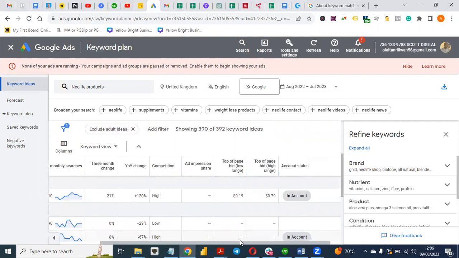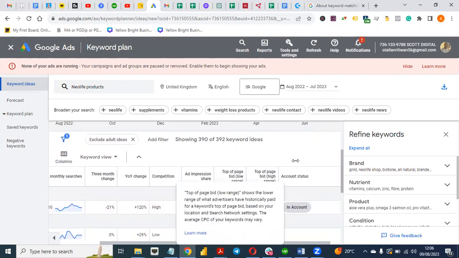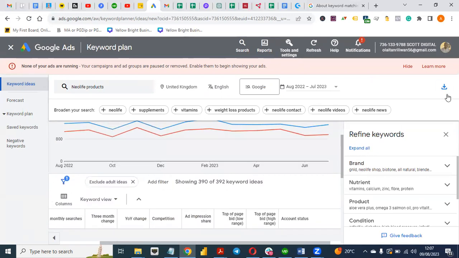People that want to be at the top of page for these keywords, they are paying within the top of page bid low range. They are paying 0.19 cents. So this will give you the idea of how you can bid. People that are paying very high to rank for these keywords are paying 0.79. So for you to sieve these keywords, because you can actually download and export this as a Google Sheet,